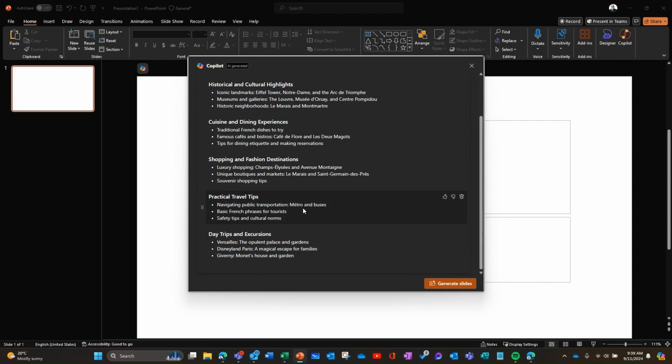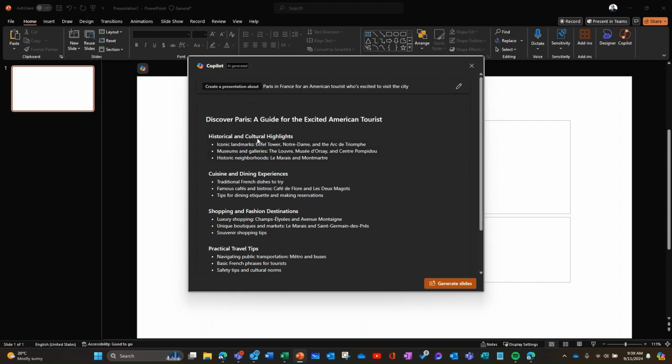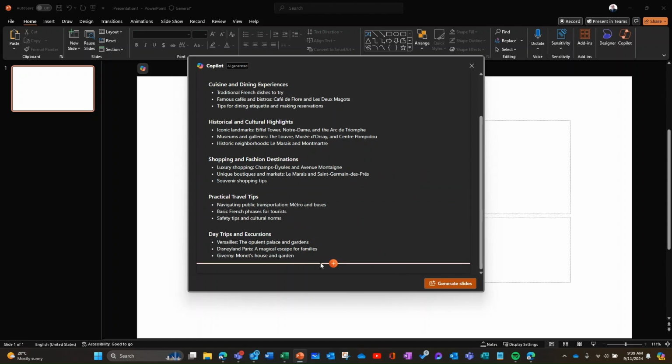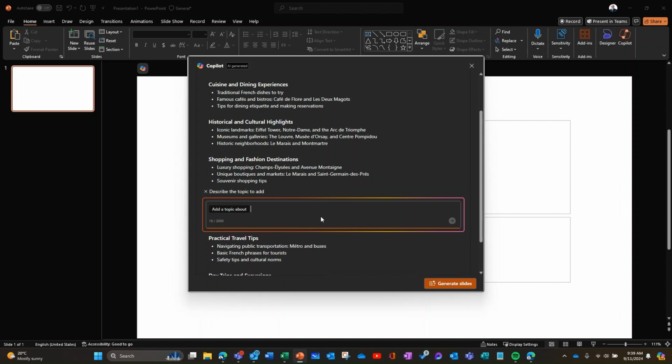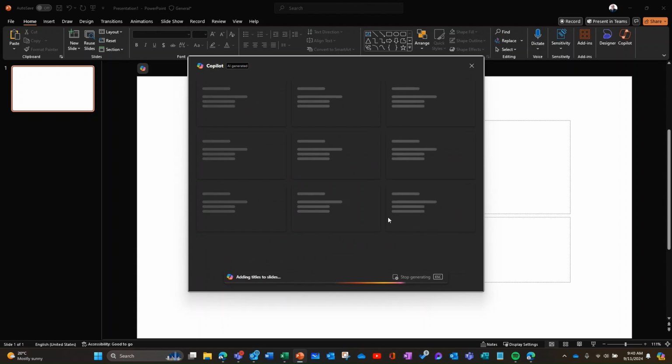As you can see, it generates the slides here, and there are several things. I can move things around, so I can take this and move it down. If I want to start with cuisine because that's my favorite, I can do that. I can also add slides where I want. To add a slide, I add a topic about the most interesting museums to visit. So you can add your own slides and change the order, and then when you're finished,